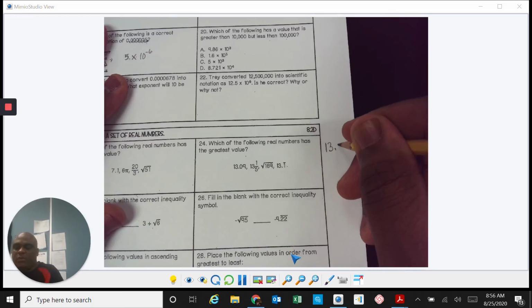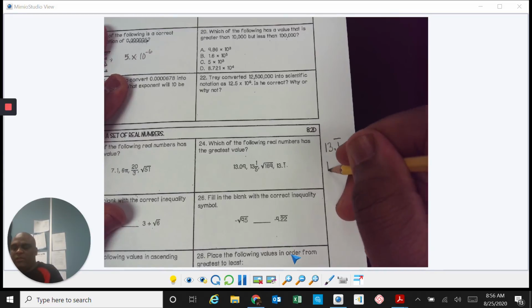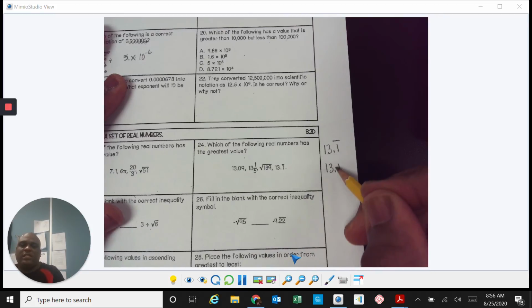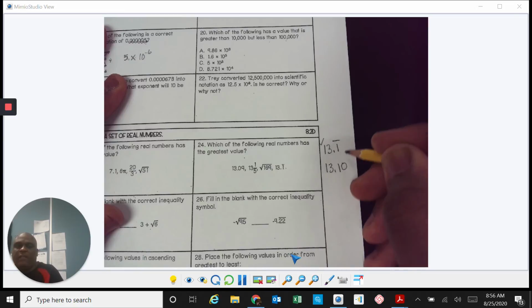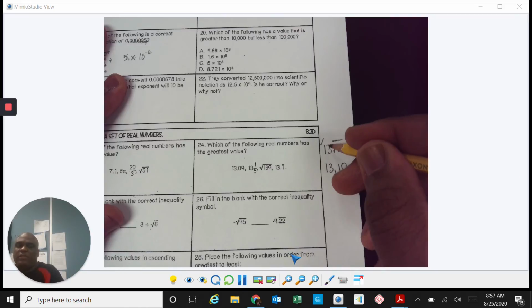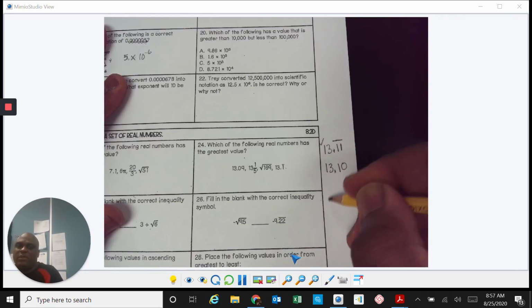If I have 13.1 repeating and I have 13.1, which one of these is the larger number? This one would be the larger number, because the next digit for this one, because it doesn't say repeating, would be 0. The next digit for this one would be a 1, because this is repeating. So make sure you line up the decimals when you are comparing numbers, and go for each place. If it doesn't repeat, the next digit will be a 0. For this one, the next digit will be a 1. So this makes this number larger than this number,